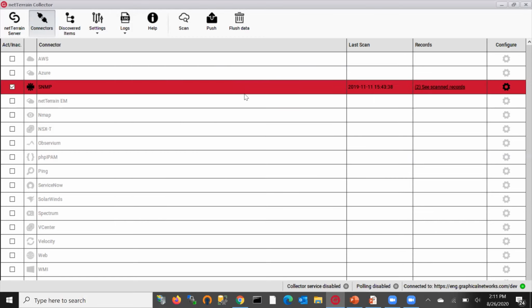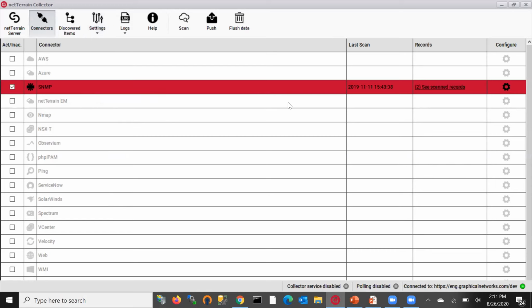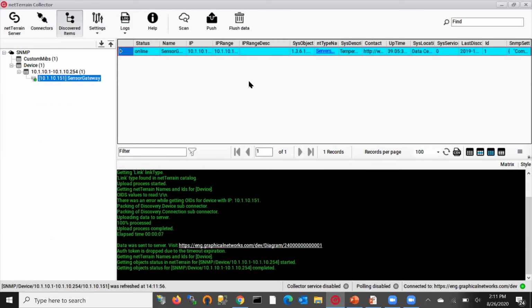Well, what does that have to do with what you're trying to do? Well, one is you can go into the system and set up a scheduled discovery. So you run this as a service and have it go out every hour, every 24 hours, every week, whatever makes sense, and pull data from a system. Well, what is that data? In my case, I'm just showing a temperature sensor. So this is pulling temperature on a regular basis from a device. This device isn't active. It's a device in the office that I don't actually have access to directly, but I've got